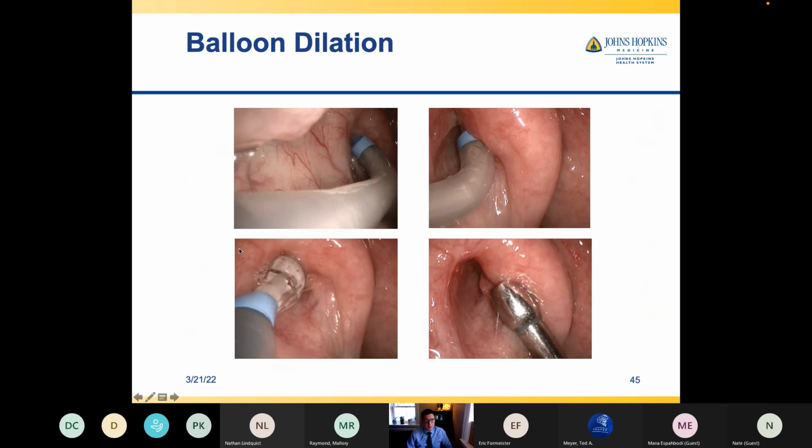So this is what it looks like just in 4 snapshots. The guide catheter going in on the right side here. This is the inferior turbinate. This is the Torus guide catheter, and then